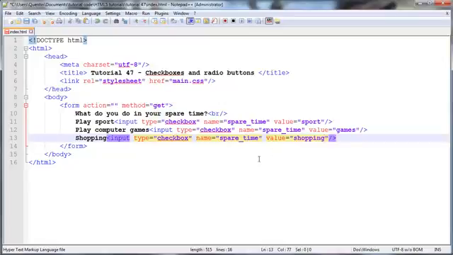Now if we were going to send all of these back to the server like this, we might want to give each one a different name. Otherwise we'd be doing something like this. We'd use the same name, but we would put in those square brackets, and this basically all is determined by whatever server-side scripting language you're using, whether it be PHP or Python or something like that. So it also depends on what the programmer would like these names to be. So you might want to just find out from him whenever you're actually naming your